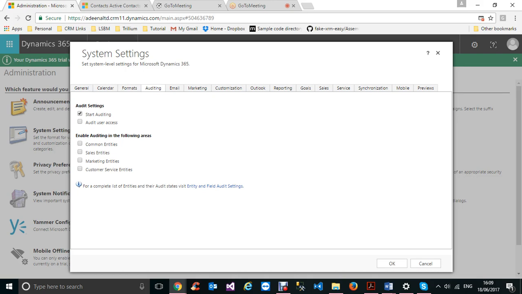Otherwise, only the entity level will be logged, that is, who logged into sales, who logged into contact, who logged into account or something else, and you will be able to see them. But if somebody made a change at field or form level, you will not be able to see them. So in order to see those,